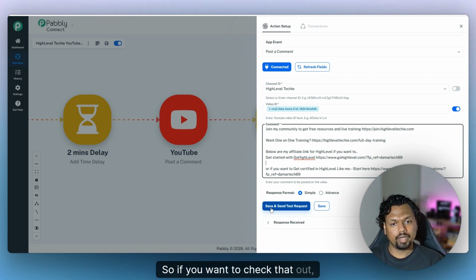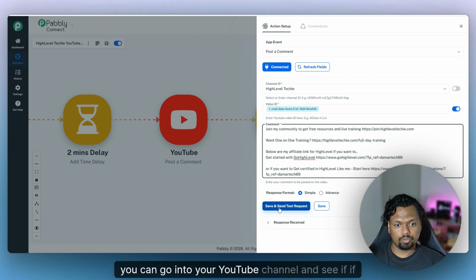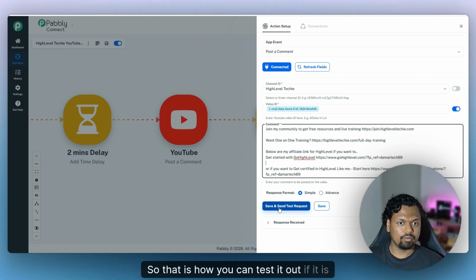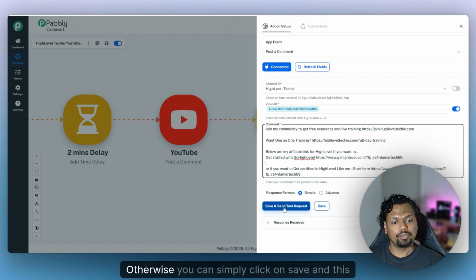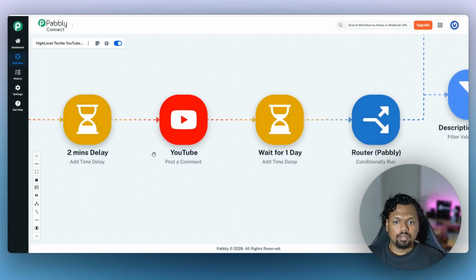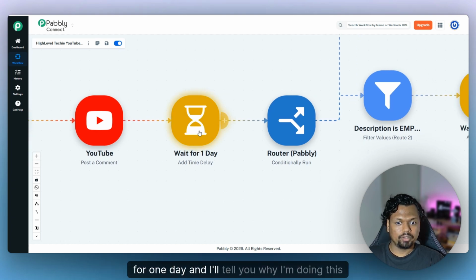So if you want to check that out, you can click on save and send test request. Then you can go into your YouTube channel and see if that has happened. So that is how you can test it out if it is working or not. Otherwise, you can simply click on save and this action will be saved. So that's how you post a comment, and then you wait for 1 day,